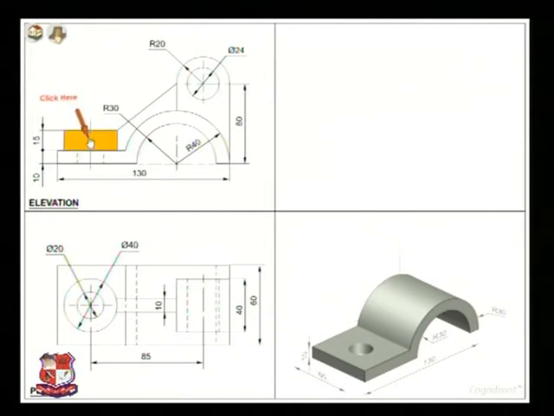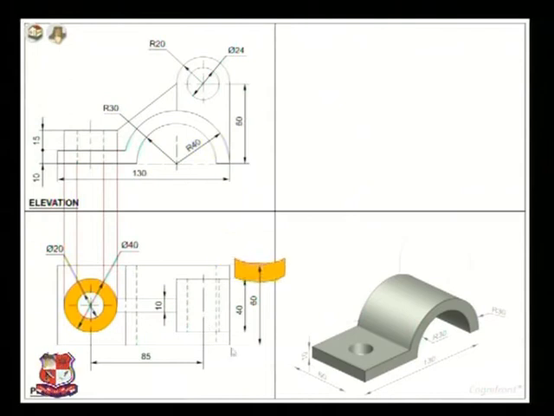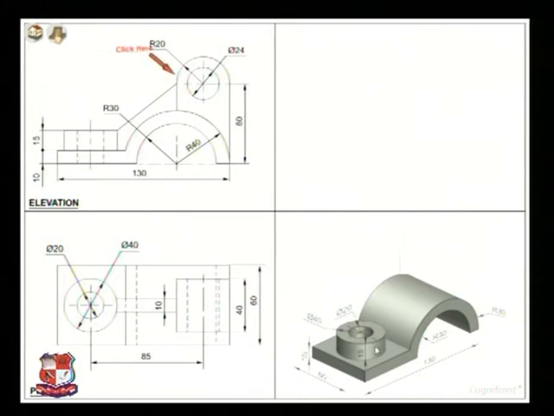Now about this one, you can see it's a cylinder. This portion and this portion are in line with each other like this. So this is a cylindrical portion. A cylinder is there, which is to be inserted over here above this circular hole like this. So this is the isometric view of the object.